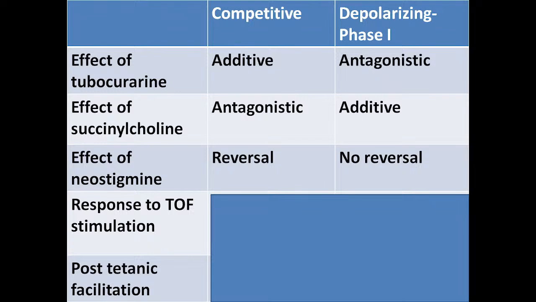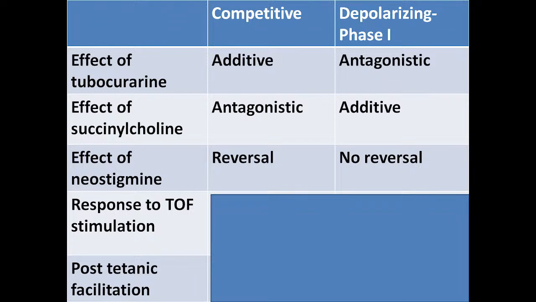The same thing happens for competitive, only the size will be smaller, and maybe the time it takes for the contraction to come back may be longer. The same thing will happen, but there will be a fade. While for depolarizing, no fade, but no post-tetanic stimulation also. The acetylcholine that is building up will not antagonize it, so there is no post-tetanic potentiation with the